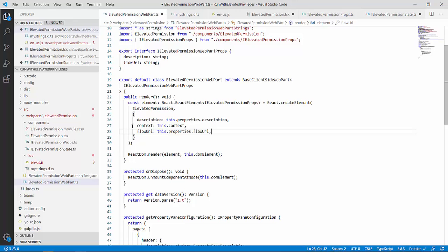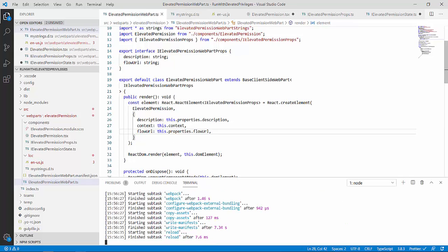Now I will directly go to the component file, but before that, because I will be using one button, that is create list item, I will use that button for creating the list item, and that will be an Office UI Fabric React button. So for that I will install Office UI Fabric React. I will go to the terminal with Ctrl+backtick.